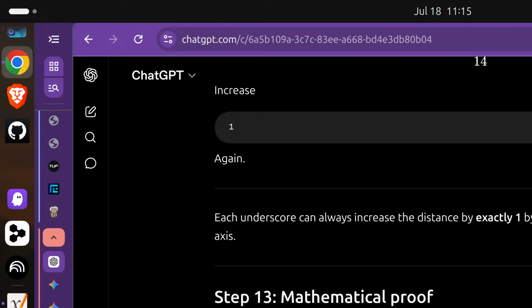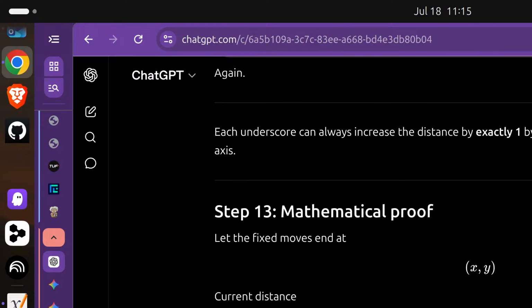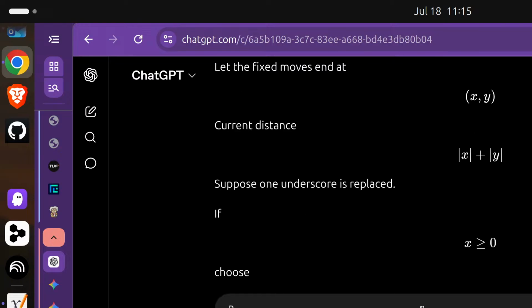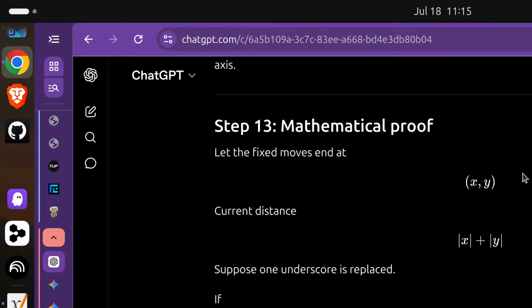Alright, so a mathematical proof goes like this. Let the fixed moves be at x comma y. Current distance is x plus y. Suppose 1 underscore is replaced if